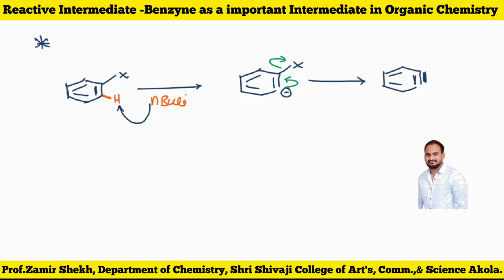This type of reaction was explained in 1945, after the discovery of benzyne. In 1945 the first reaction in which benzynes are synthesized was explained, and that synthesis was given by Gilman. So this is the Gilman experiment. Sorry, this is Wittig, because Wittig is the first who explained the structure of benzyne. Wittig benzyne, in 1942 now.